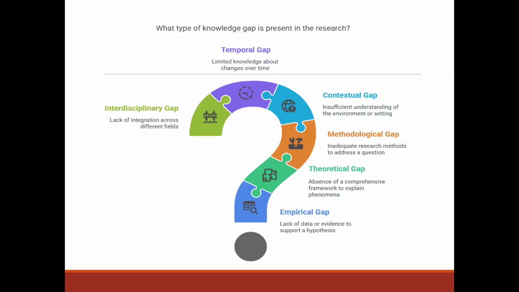So during the theoretical literature review, you realize that this kind of study that I'm doing has always been done based on a specific theory. Could I develop a new theory, or what would happen if I do my research but underpin it using a different theory or theoretical framework? You try these things out. You would say, okay, the research has always been informed by this one theory. Why don't we do this study but try different theoretical frameworks and see if we get different results or the same results? And also where there is an empirical gap is where there is no data, or the data that is there needs updating.